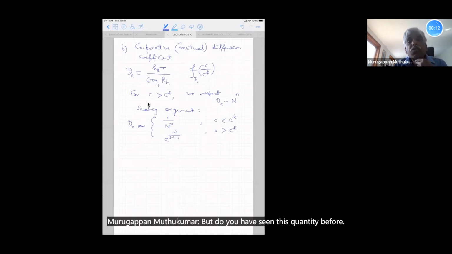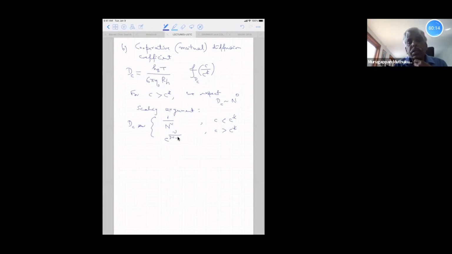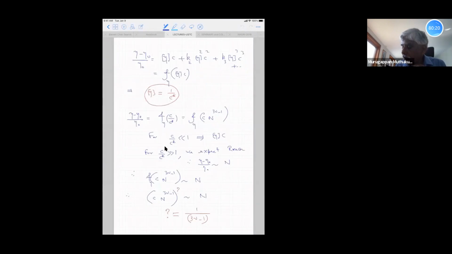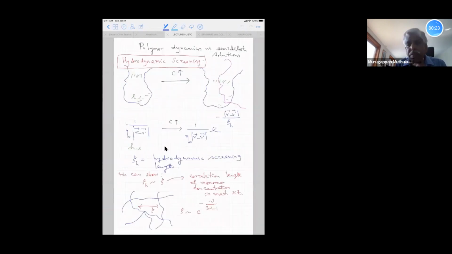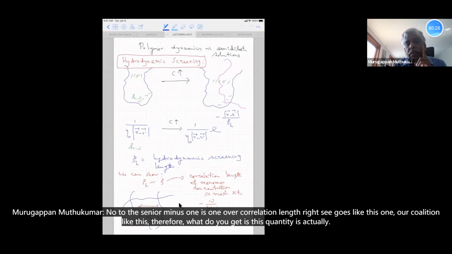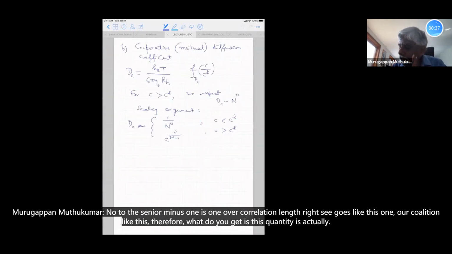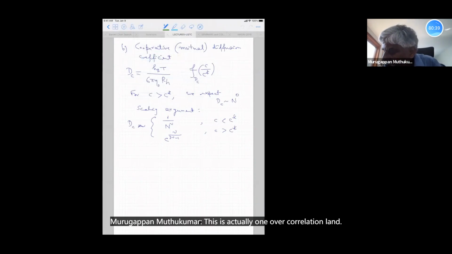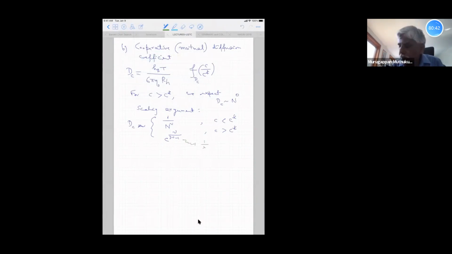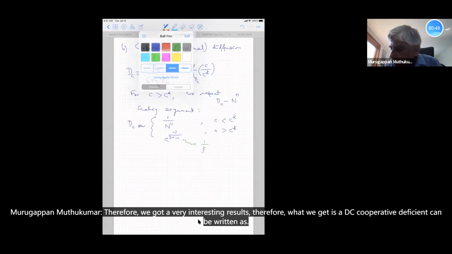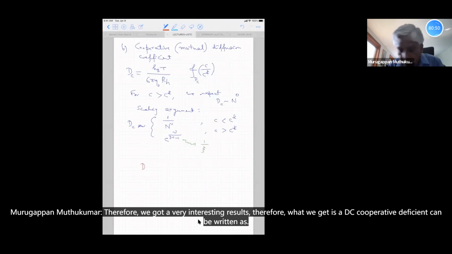But you have seen this quantity before. See, C to the nu over 3 nu minus 1, even today you saw that. It is 1 over correlation length, right? C goes like this, 1 over correlation length is this. Therefore, this quantity is actually 1 over correlation length. Therefore, we get a very interesting result. Therefore, what we get is a DC cooperative diffusion can be written as